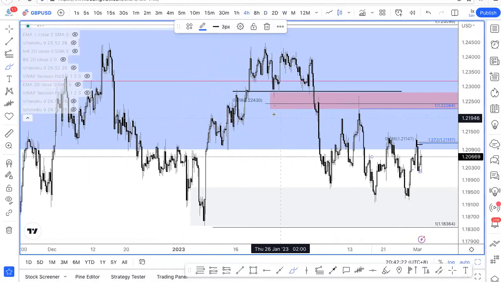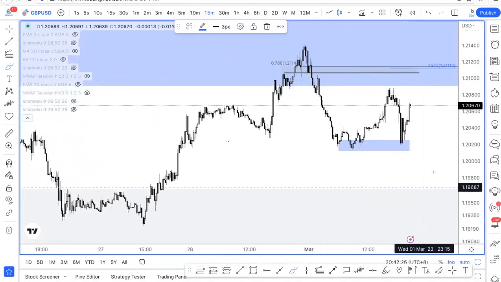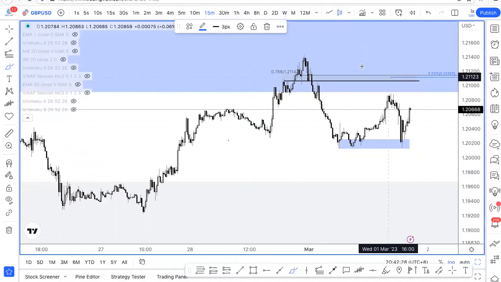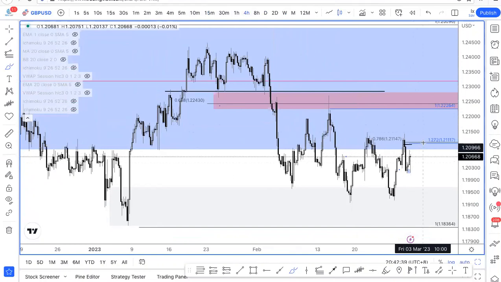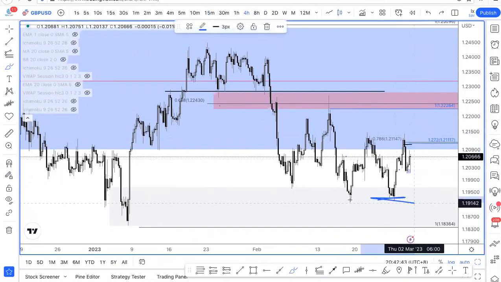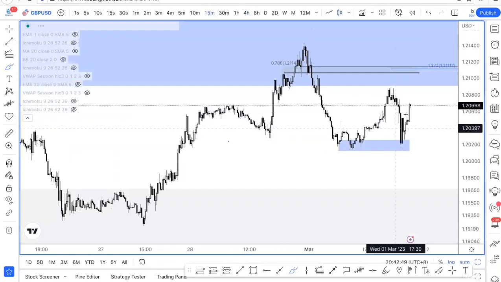Okay, so this is the picture for me right now. I think we could see a push down from here if we come into this zone. On the 15 minutes right now, if price comes into this region and you're seeing that reversal or confirmation on the smaller time frame, and if you go on to the 4 hours, you can see that if price comes into this region and it's starting to respect the supply area, then we can target this as the low for more downside. If not, depending on how price interacts with this zone,